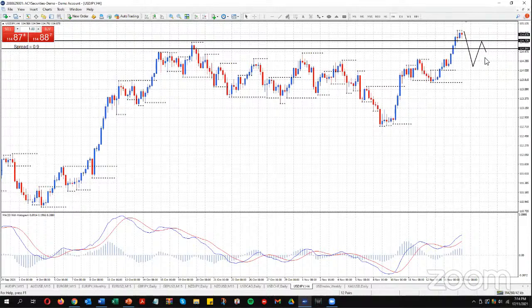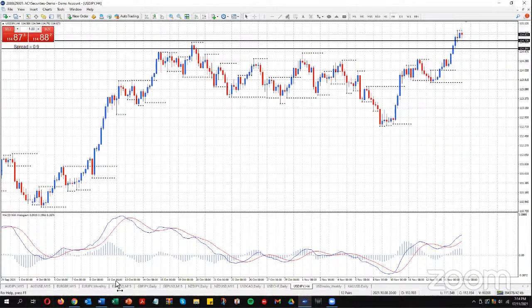Then I'm going to be looking for a sell on that pair. So that's what I'm going to be looking for. At the moment, we're just in wait and see. Does it want to move up and through and hold above for the long term or not? All right. So with that in mind,